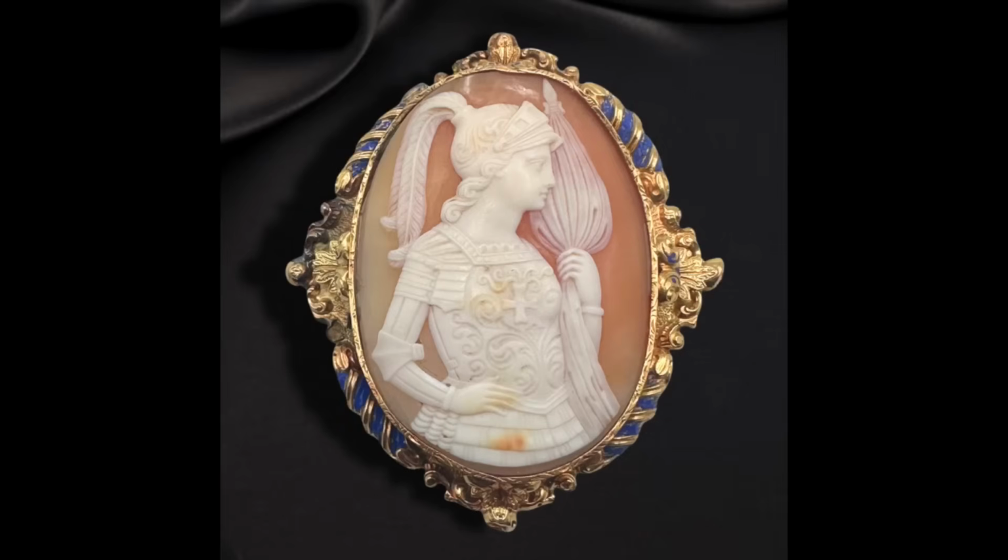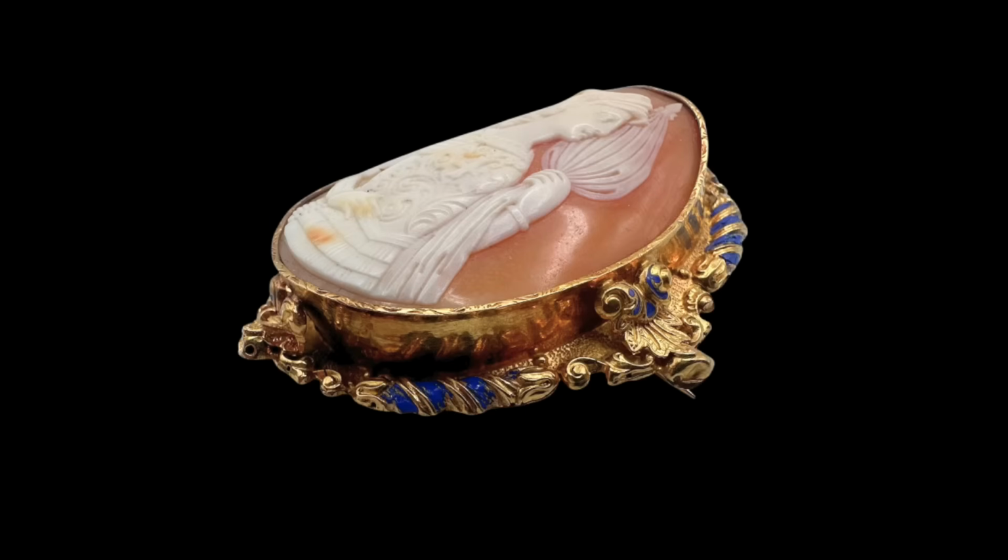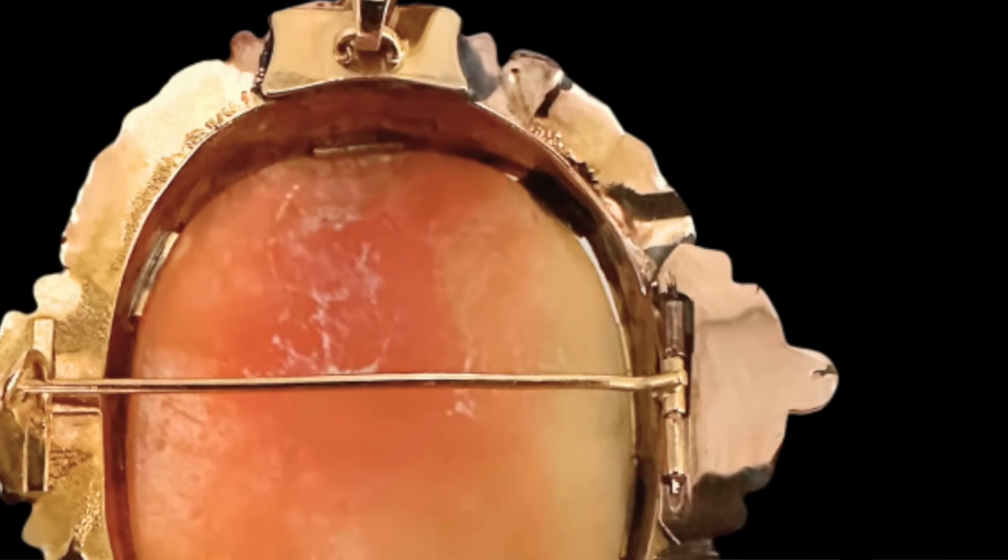So my wonderful client in New York, Angela, she's a collector of cameos, and she bought the beautiful Joan of Arc cameo. Now, just as I was packaging it up, I realized that actually there was a problem with the clasp. It was starting to come a little bit loose. And so here I am in Paris, and I've been going everywhere to find the perfect place to do the